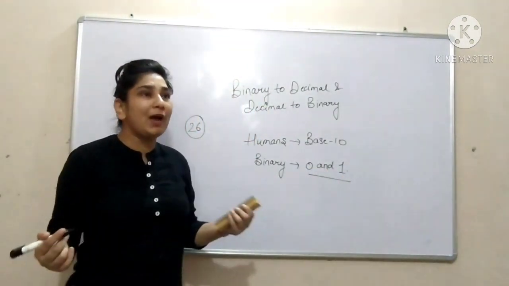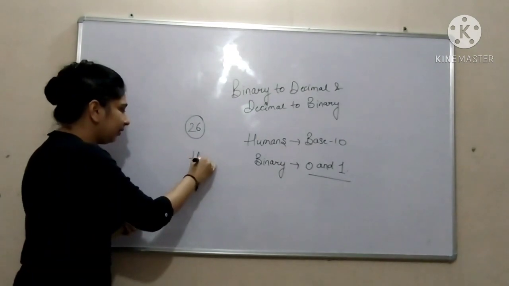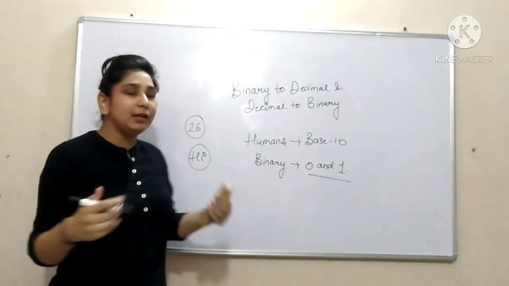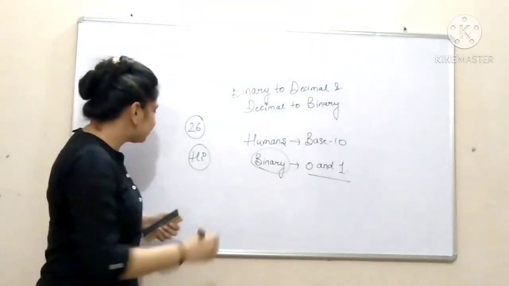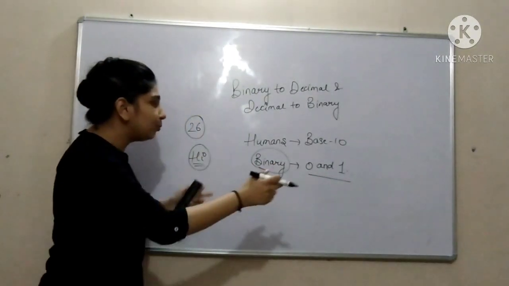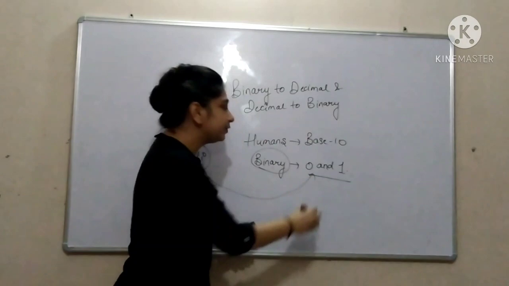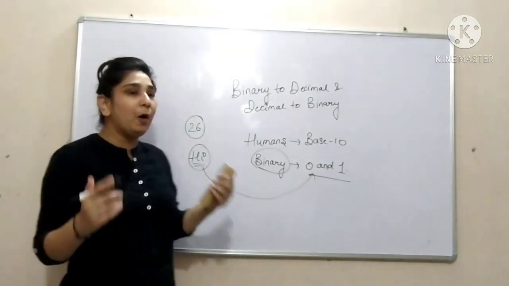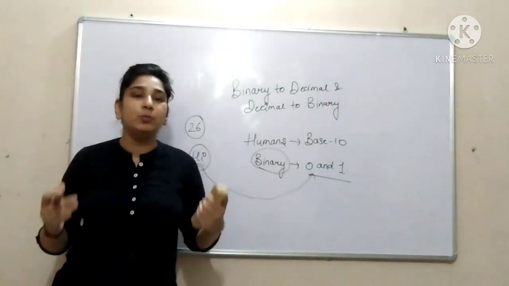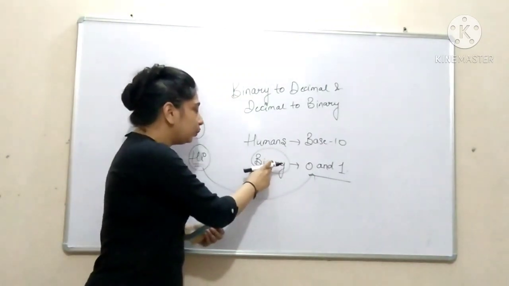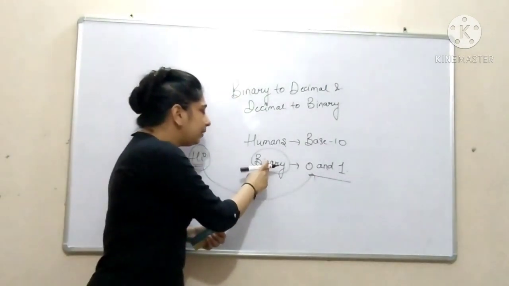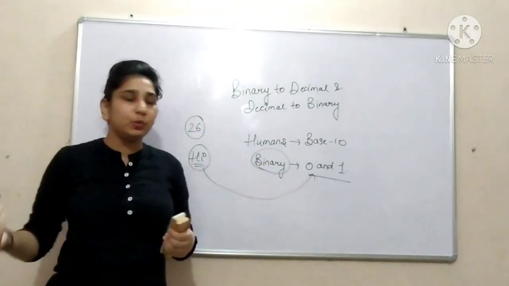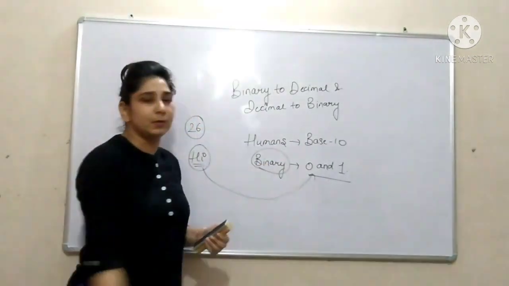Even if you have to say hi, and you are using the binary number system, let's try to convert hi into the binary number system in the form of zeros and ones. How complicated it would be for a human being to speak in the binary number system. So it is very complicated to learn.